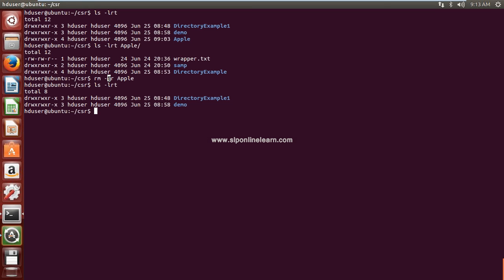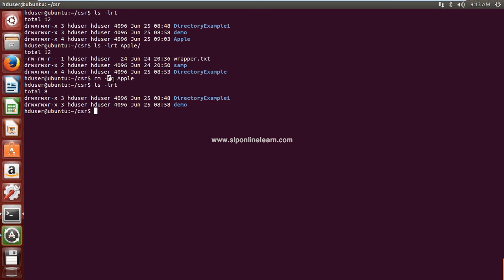Because with F, we are just saying forcibly remove. R is a must, means recursively it keeps on deleting. It will enter into the directory, check if any directories or files are there, check again in the directory, just recursively do the operations. So right from the bottom to top, it keeps on deleting, and the main directory you specified will be deleted finally.